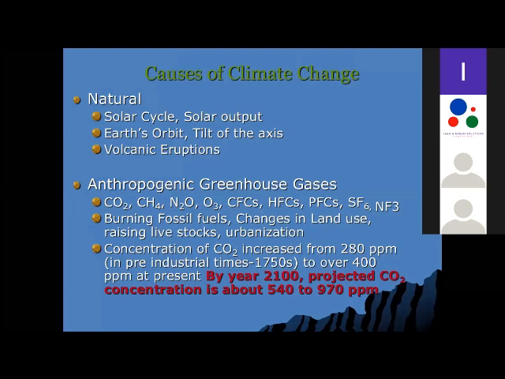This is most important: the natural causes of climate change. Here, I will not talk about natural things. I talked about it before, but my focus is on the anthropogenic greenhouse gases. Those are the things that mainly change the temperature of the atmosphere and lead to climate change. Here, the first three are natural gases: carbon dioxide, methane, and nitrous oxide. Then we have CFC, HFC, and so on. They are all man-made gases, and they are all in the atmosphere. So the main cause for climate change we can consider as